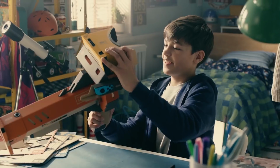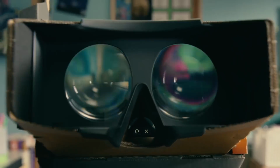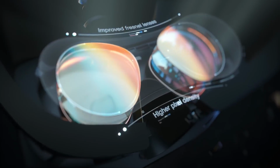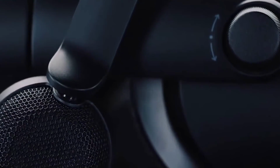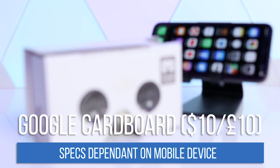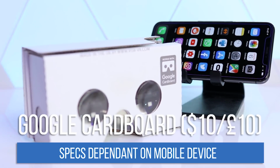I'll be starting with the mobile-powered and standalone VR headsets, moving through to console, and then finally onto high-end PC-powered VR headsets. I'll be giving you my personal experience and highlighting the pros and cons of each headset throughout the video. So let's start with the cheapest, simplest, and most accessible way to get a taste of VR,